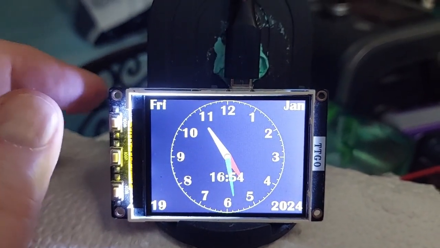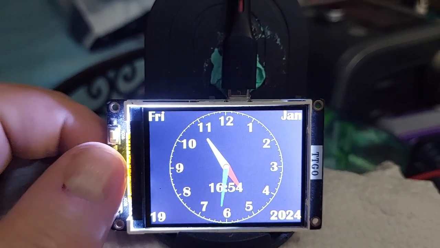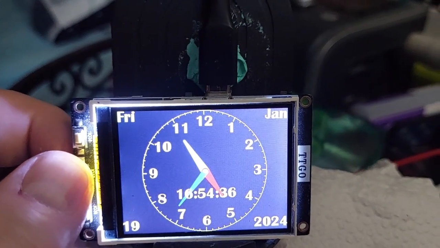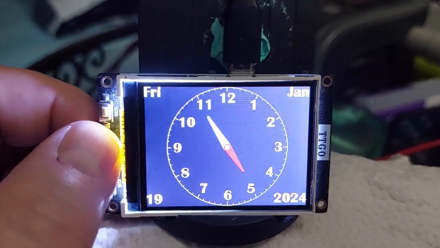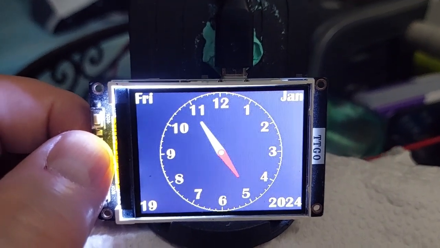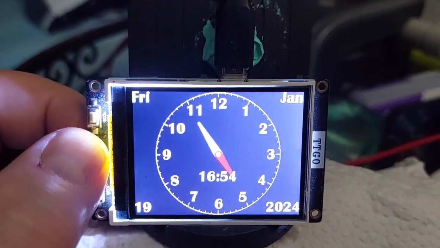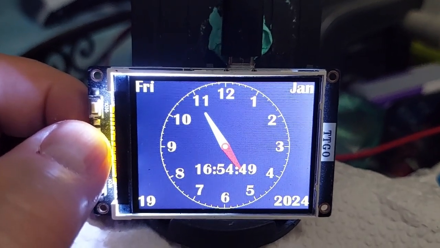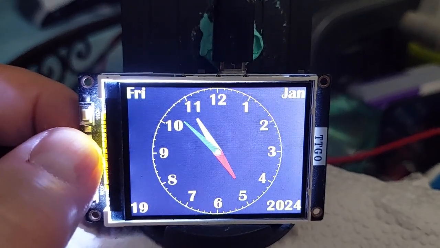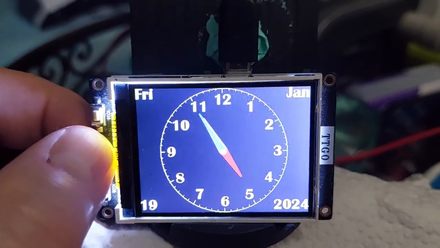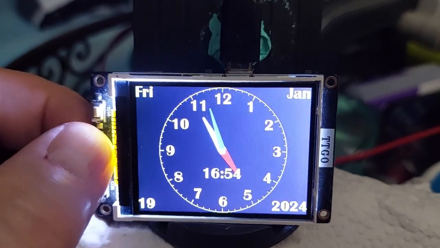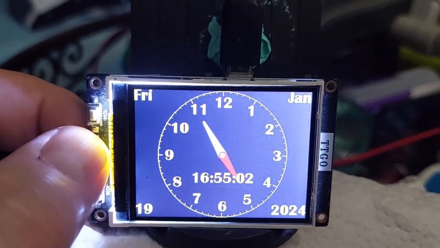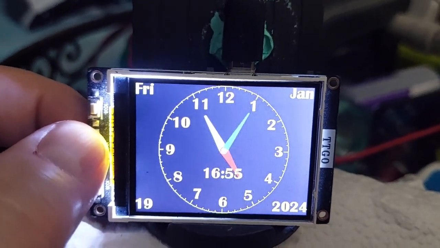Now, there are various ways to make selections here. You can have seconds as well, or you can have nothing, not even a second hand. Or there's no second hand, hour, minute only. There's no second hand, hour, minute, second. There's second hand, no digital information. Second hand with hour, minute, and second hand with hour, minute, second. I think we're about around to all the options. I like it that way